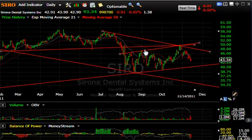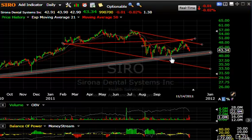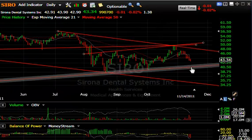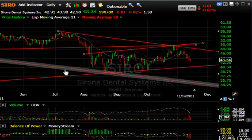SIRO, after breaking this head and shoulders top, came down hard, bounced back, hit the major trend channel, and bounced to the top of the new down channel before rolling over. Note the pullback here on heavier volume. We may get a test of 41 short term, and then if that collapses down into the mid-30s, it wouldn't